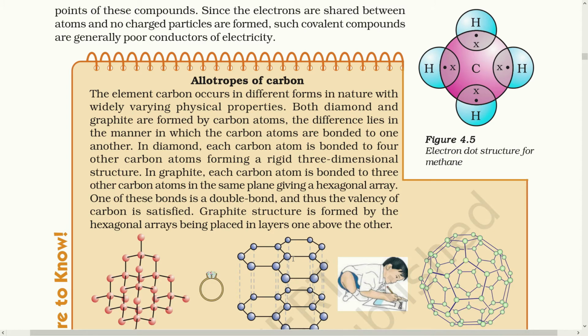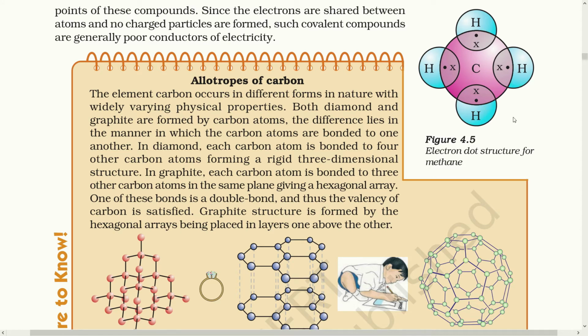In diagram 4.5, you can realize that carbon has 4 electrons in the outermost shell. That means it needs 4 other electrons to complete an octet, while hydrogen can only share 1 electron. That means the carbon would need 4 hydrogen atoms to complete an octet.